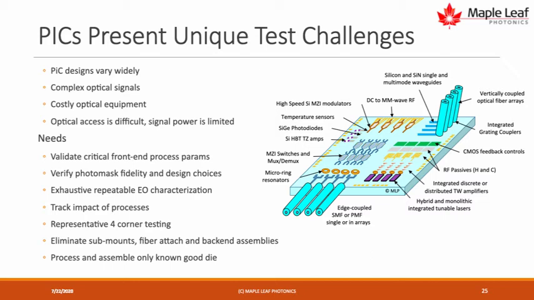But there's some challenges. Obviously, you need to be able to characterize the process parameters: are the gratings the right pitch and the right contrast ratio? Are the critical dimensions of your waveguides correct? Is the photomask accurate? Did you have errors in it? Because you wouldn't like to process a wafer if you find an error in the silicon layer, because there's a lot of additional processing that occurs for doping and germanium and metals that you may not need to do if you find out there's a significant error in the bare silicon layers. Bringing these tools to bear,